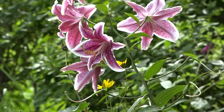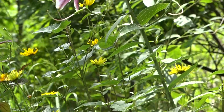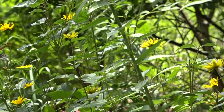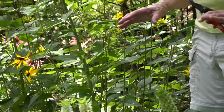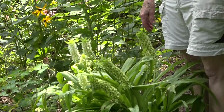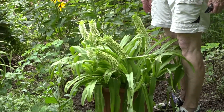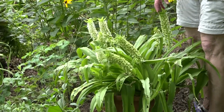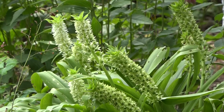I've got heliopsis in bloom, and behind that some echinacea and platycodon. This is a house plant that I've moved out. Every once in a while with the bulbs, suddenly the foliage has wilted and I've been able to take it out. So I wanted to put in something, and these are house plants or plants that I keep inside over